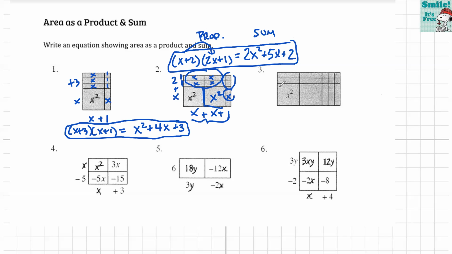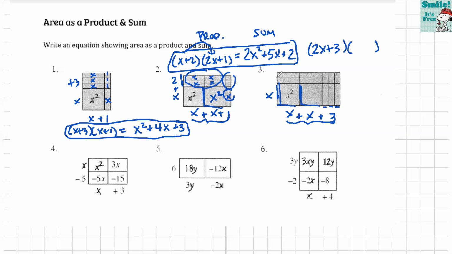Okay. So what are my dimensions for this x squared right here? X times x. We already have an x over here. X times what's over here? X. And these little ones, how many little ones are there? So that's 3. We're going to add this together to get our first dimension. X plus x plus 3 is 2x plus 3